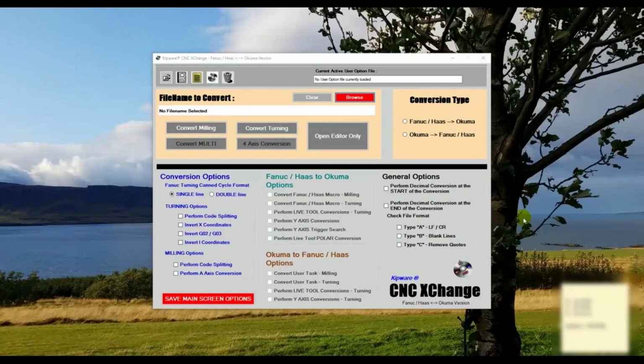CNC XChange performs G-code conversion using a mix of source code conversions and user-defined conversions. Standard G-code is converted automatically through definitions written into the source code of the software. This means for items like industry standard G-code and CAN cycles, CNC XChange will perform these conversions all automatically with